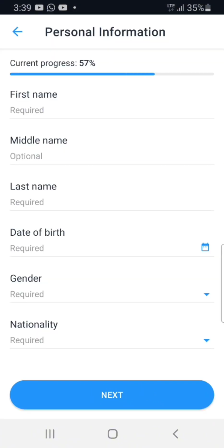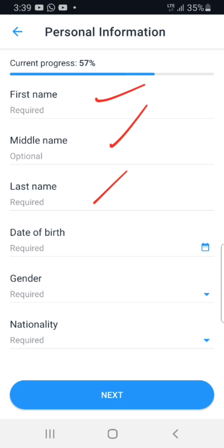So I've snapped my ID card, the front side and the back side, and I looked at it very well, and I clicked on readable because I was able to check it and it's readable. You see a small icon that looks like a circle that you will use to read the whole thing. Just use it to go through the whole thing, scroll it, swipe it around, and you'll be able to see everything that is written there. So once you are clear that it's readable, you click on readable, and then you continue, do the same for the back side, and then you click on readable,